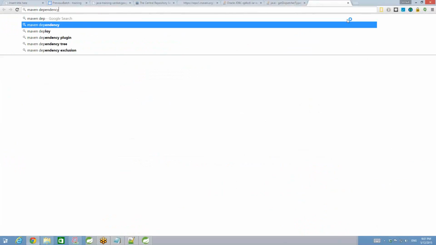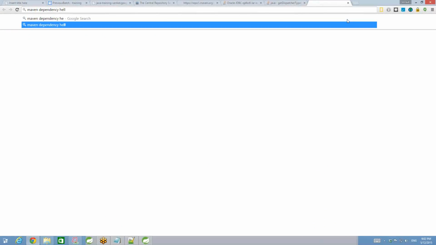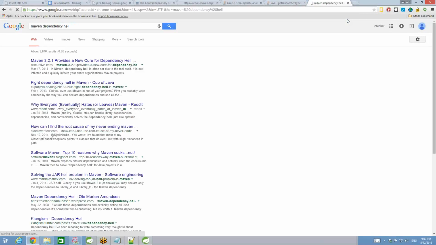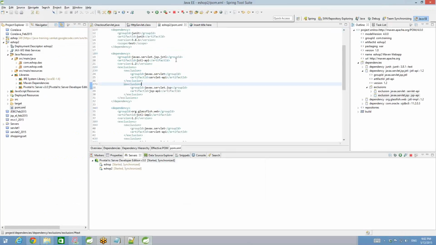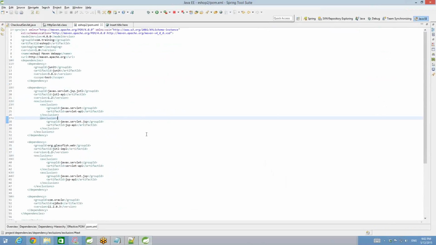If you Google Maven dependency hell, you will find a lot of articles on it. So on one side, I love Maven, but on the other side, these are the problems. I did not know genuinely, okay? I did not know genuinely that in front of you, I just copied and pasted